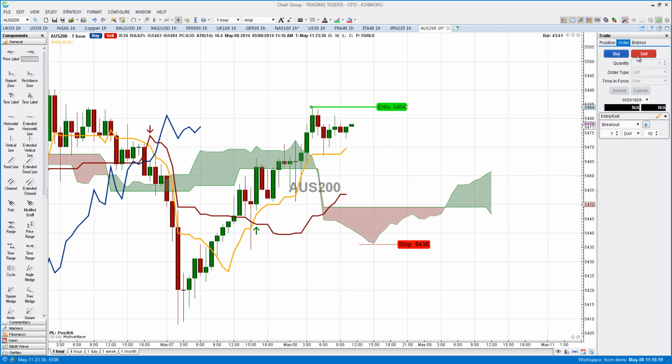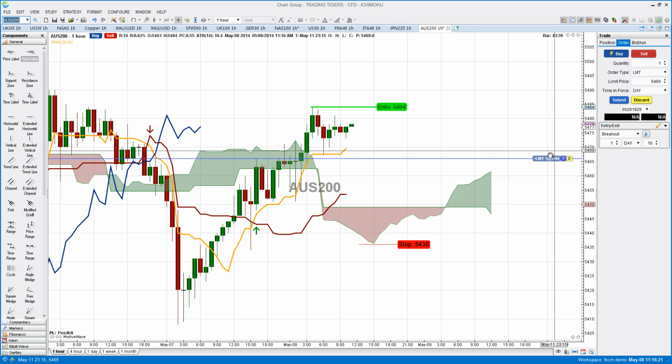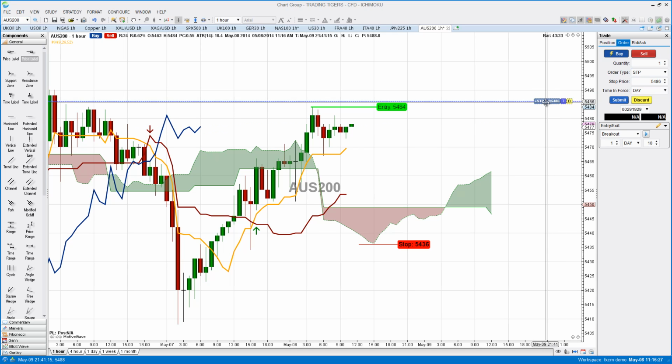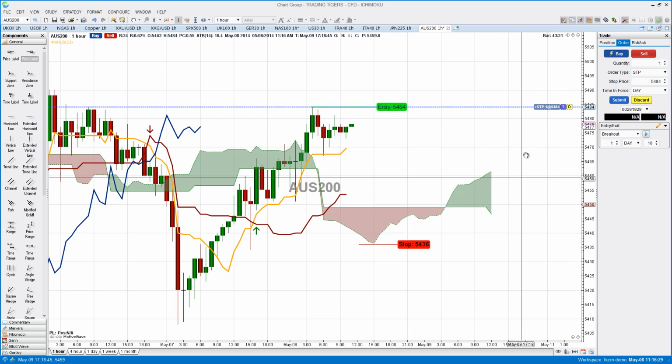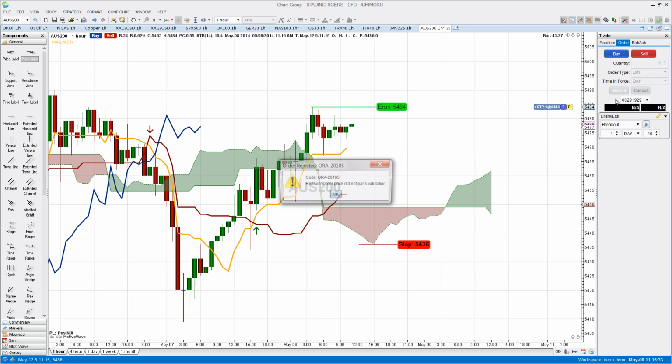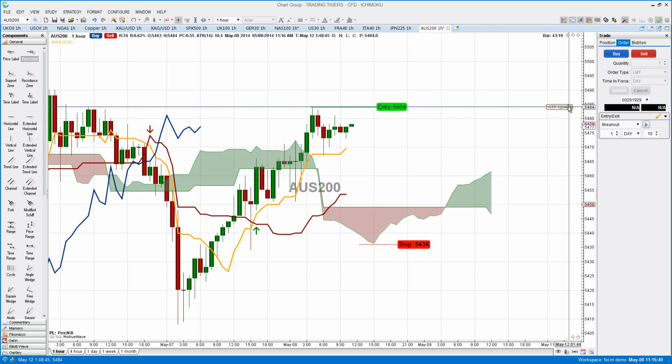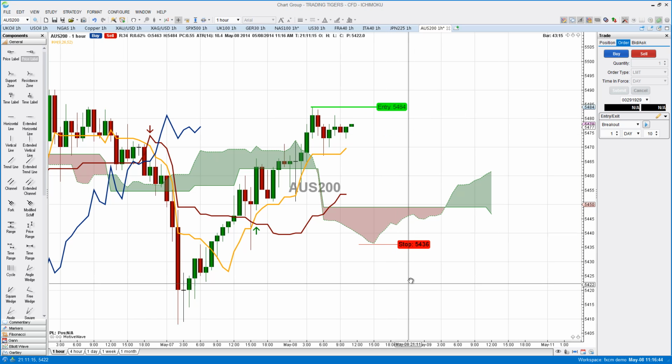Order buy and put our stop up. Take it down there, and we put GTC. Okay, fine. And that's where I'm going to be taking my entry at 54.84 with a stop at